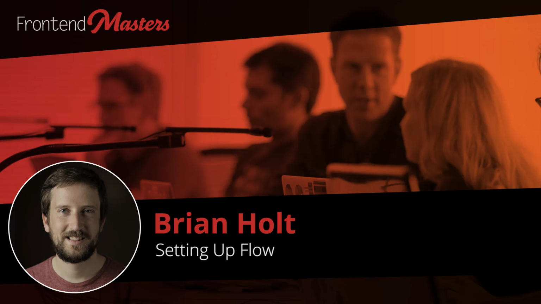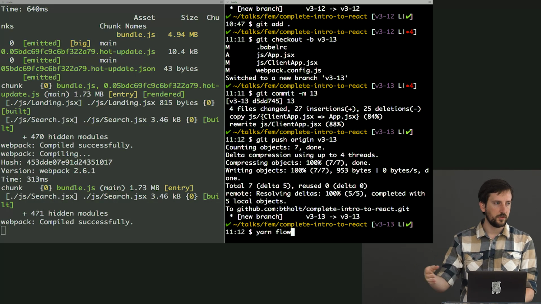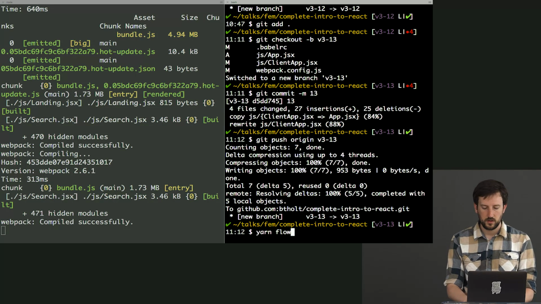Let's go ahead and just jump in so that we can start seeing how this is going to help us. The first thing we're going to do here is say yarn flow. We don't have a flow in our scripts, but flow is actually being included already. In fact, if you go to node_modules/.bin, there's a flow in there, which I had forgotten about this trick until just right now. You can actually just say yarn flow, and it's going to go find that in your node modules and run it for you. So we're going to do yarn flow